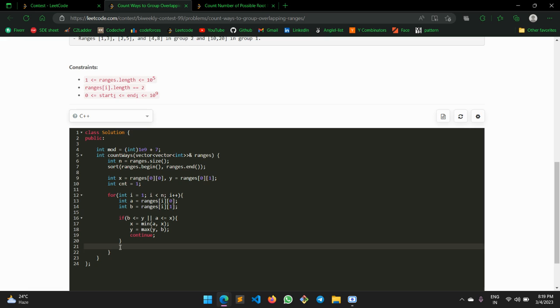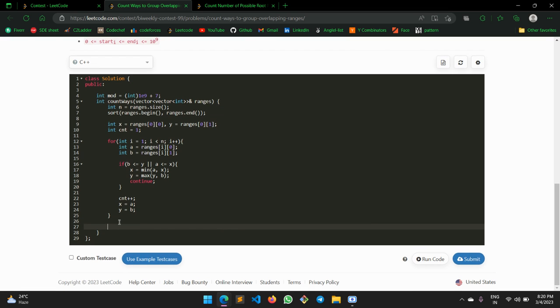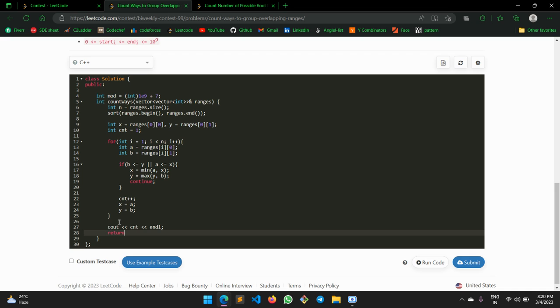Simply continue, otherwise count increment होगा। If they're not overlapping, x a के इक्वल हो जाएगा, y b के इक्वल हो जाएगा। So that way you can find the total number of components you have। अब क्या करना है, like for n components there will be possibility of n-1 bars, n-1 places जहाँ पे हम bars लगा सकते हैं, right? Let's see कि पहले हमारा count सही आ रहा है नहीं आ रहा।